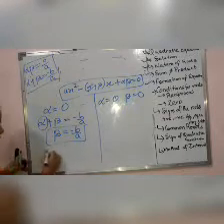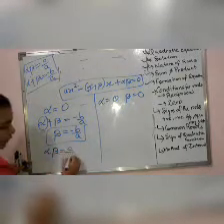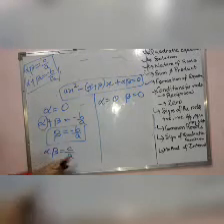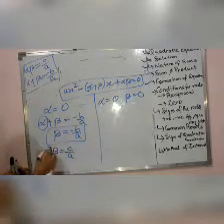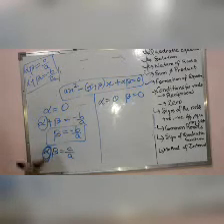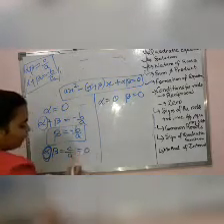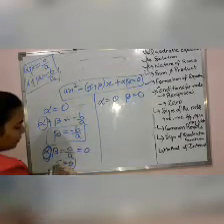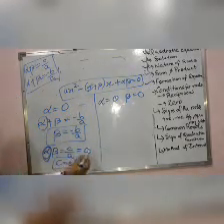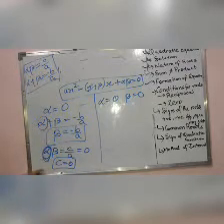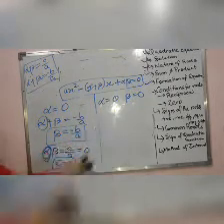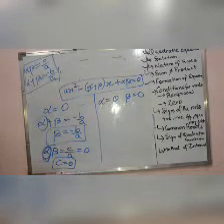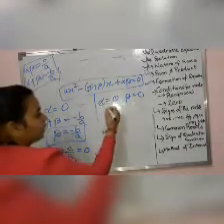Another case: alpha beta, we know, is equal to c upon a. Now alpha into beta is equal to c upon a. In this case, if alpha is equal to 0, what will happen? This entire thing will become 0. Alpha into beta will become 0. That means c upon a will become equal to 0, and that means c will become equal to 0. c upon a will become 0 when c is equal to 0. So when my roots are like this, my other root will become equal to minus b upon a, and the c part will become equal to 0.